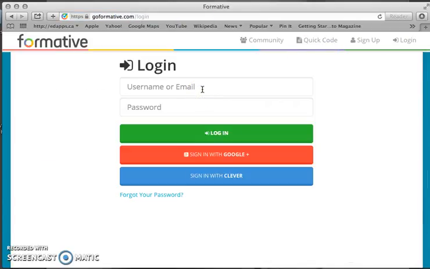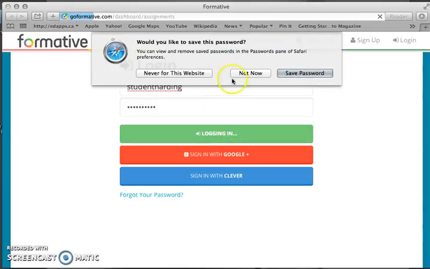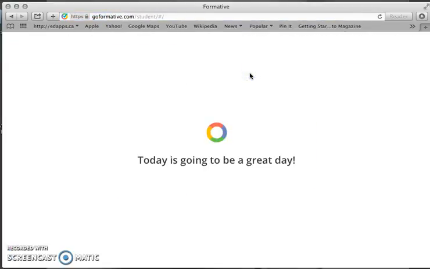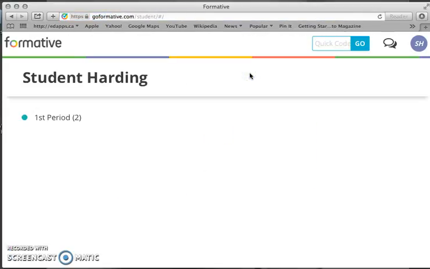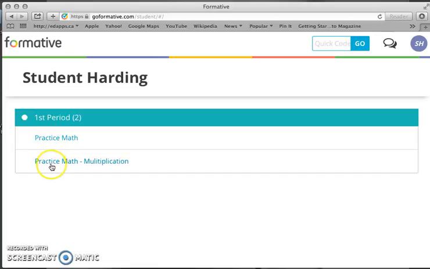I set up a fake student account, so I am student Harding, and my password. Log in. Okay, so I have signed up for GoFormative as a student, and I only have one period, and that's my first period. The parentheses here show how many assessments have been assigned to me. So I'm going to go ahead and click on first period, and I can see that I have 2 assessments assigned to me. So I'm going to go to the practice math multiplication,